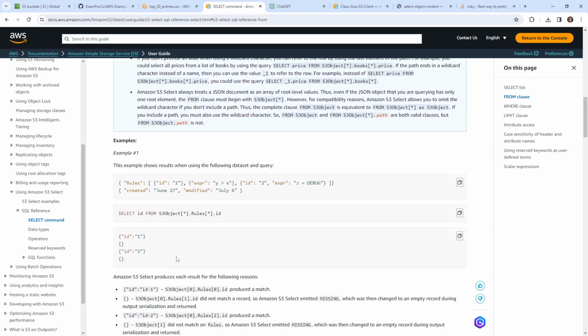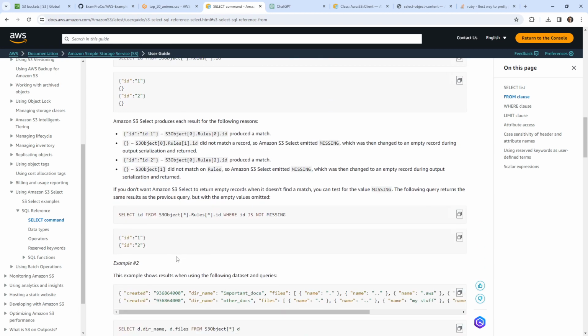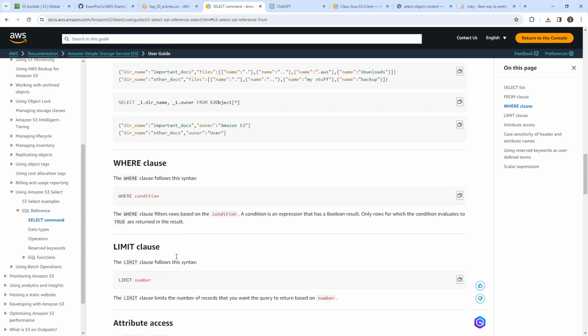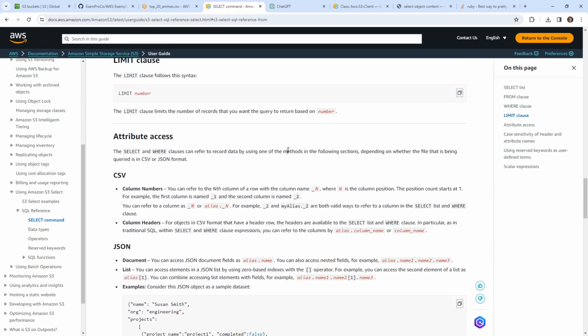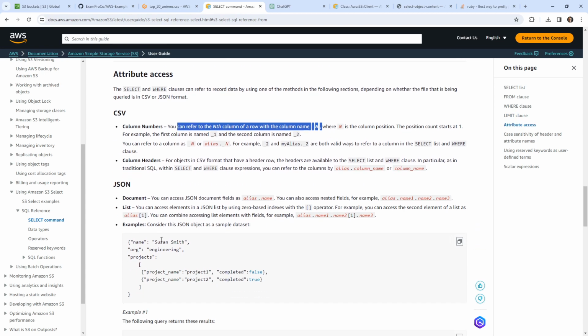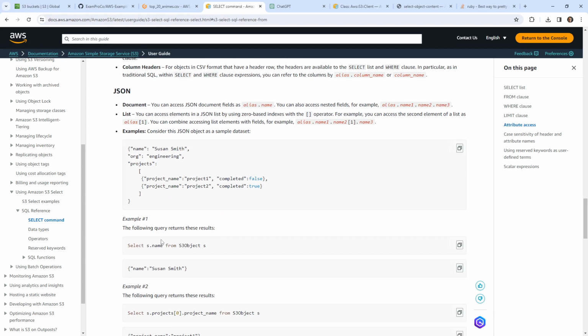And so it's not telling us here what we can do when we're dealing with the space. You can refer to the nth space column. So I'm not seeing a thing here for an issue when we have,